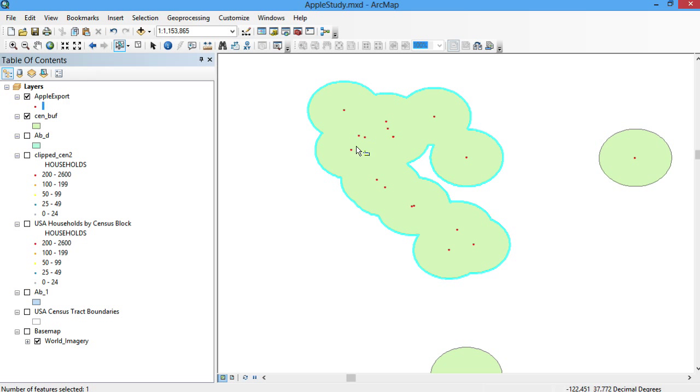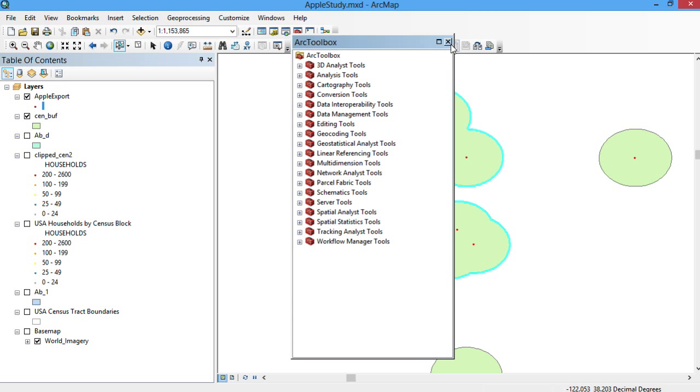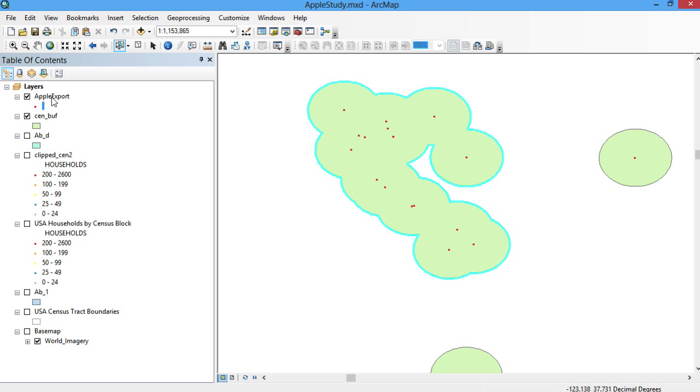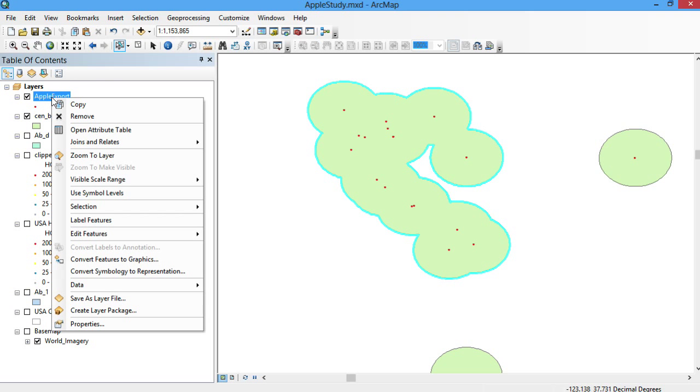Continuing on, how do we create a field that shows all of these Apple stores in here? Well, there's some tools that will do it for you. There's a handful of ways to do it. This is not the most elegant way, but it works. I need to create another attribute in the Apple Store location, and then I'll need to do a join. So here's how we add that attribute. Just open the attribute table,